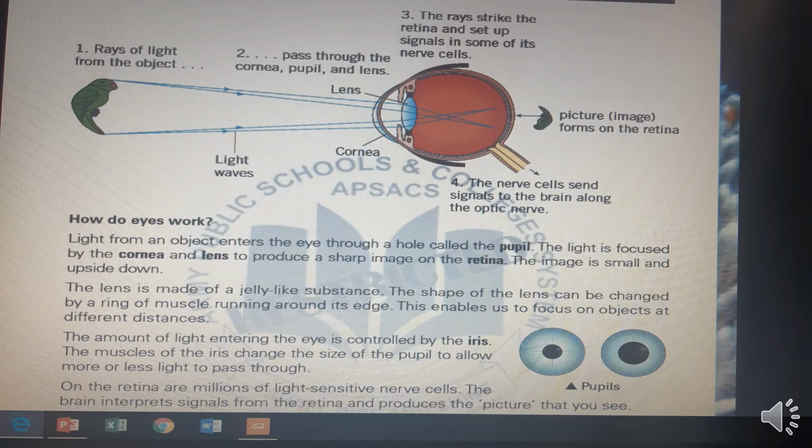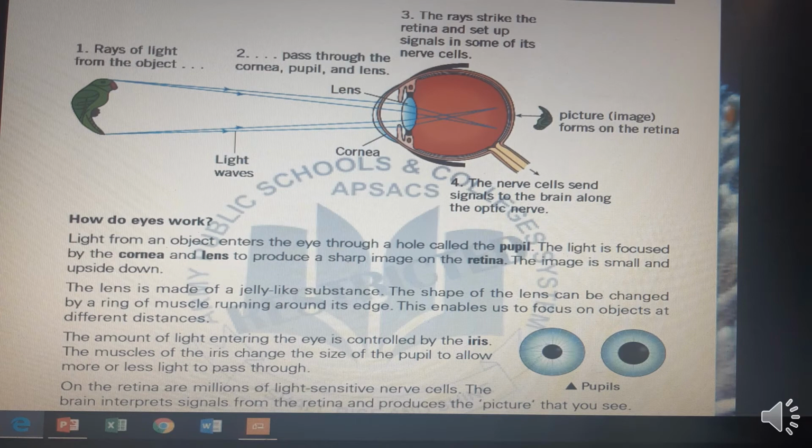Now let's discuss the lens. The lens is made up of a jelly-like substance. The shape of the lens can be changed by a ring of muscle running around its edge. This enables us to focus on objects at different distances. In this paragraph, it has been told that